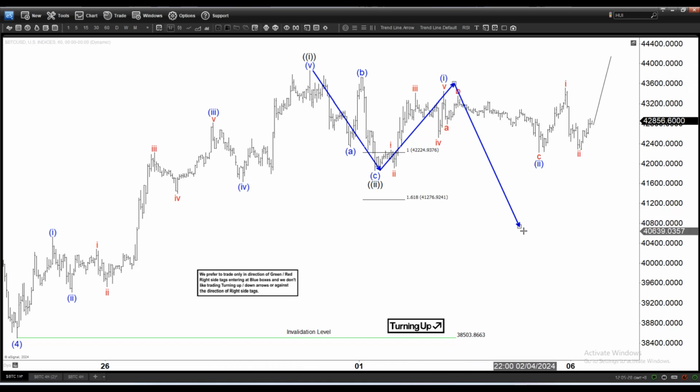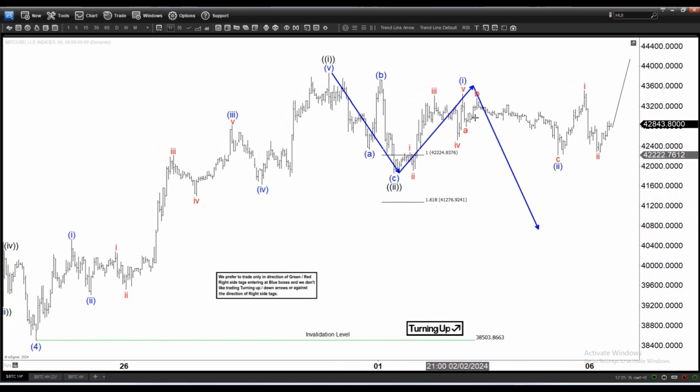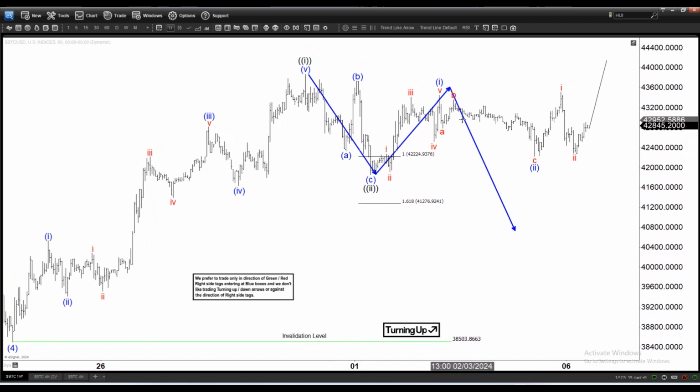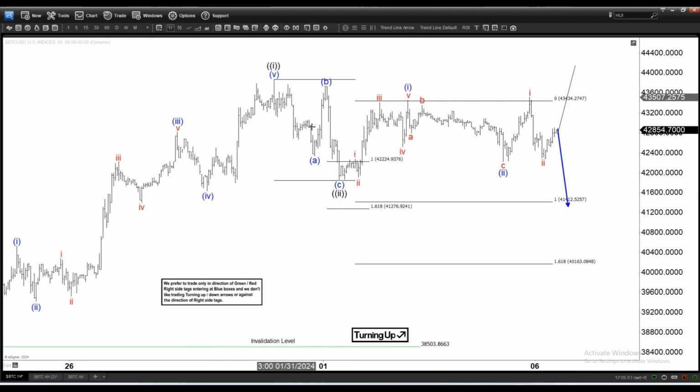So if it does another leg down, just in case, which we are not calling, but it's possible because we have not broken above wave 1, therefore this alternate path always exists. If it does another leg down, then we should be able to find support at the 100% extension again. So this becomes your first leg, W, this becomes your X, and then you should be able to find support right here, between 100% and 161.8%. Let's hypothetically assume it goes down. Then from here, because the first leg is 3 waves, it's less likely that it will extend all the way down to 1.618. It's less likely to be wave 3 down.